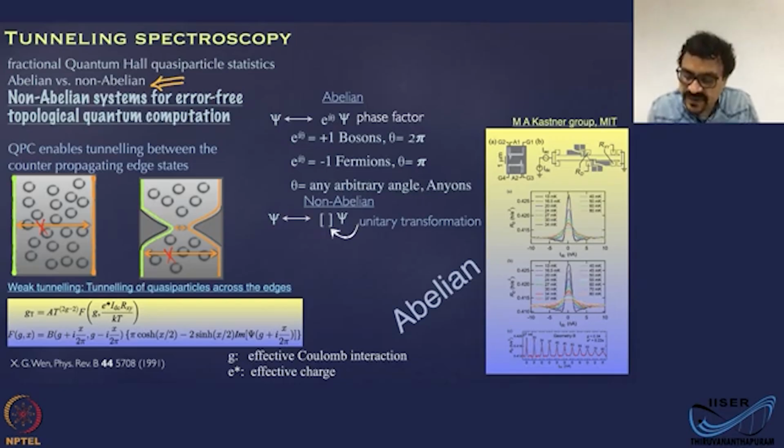So if you have an abelian system, you will have a certain kind of tunneling current distribution. Okay. If you are non-abelian, you have a different kind. And these tunnel conductances are given by this formula, where g is the effective Coulomb interaction parameter and e star is the effective charge. And by fitting these tunneling curves using this formula, you can extract information